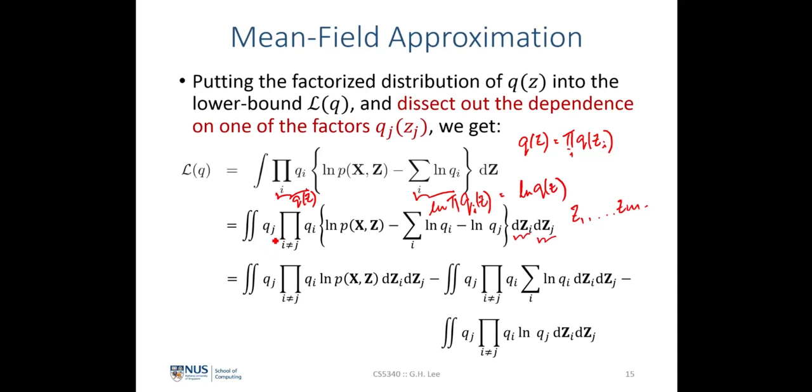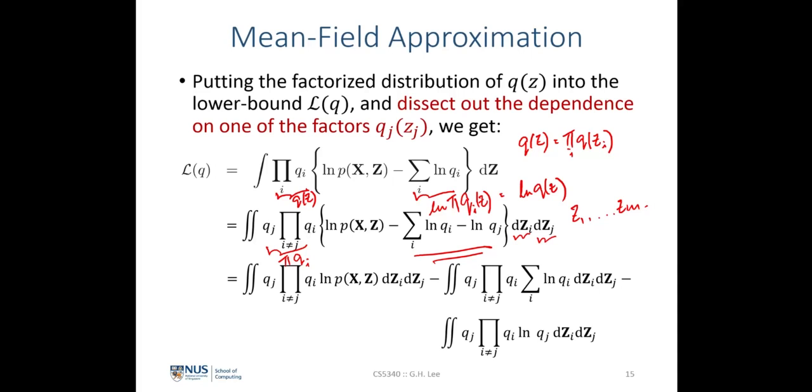And so simply this qj will multiply by all the product terms of qi, where i is not equal to j, and this term is simply the product of all q of i that we have seen in the earlier expression, and we're simply factorizing out q of j here. So we do this similarly for this expression to factorize out qj from the rest of the disjoint set of distributions that we define from the mean field